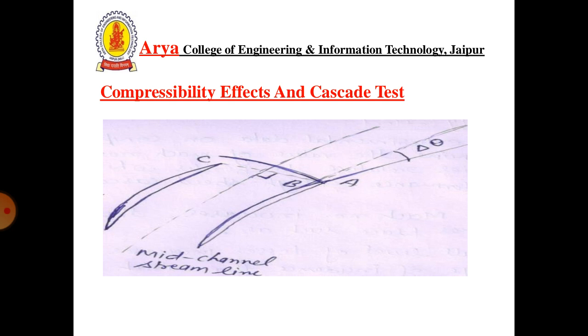Compressibility effect of the compressor. To provide experimental data on compressibility effect and to determine the value of Mach number corresponding to entry velocities relative to the blade, which bring about poor cascade performance, a high speed cascade testing is required. With that, two major effects take place: the overall level of the losses increases, and the range of incidence for which losses are acceptable is drastically decreased. So due to this, off design performance of the compressor is definitely affected.